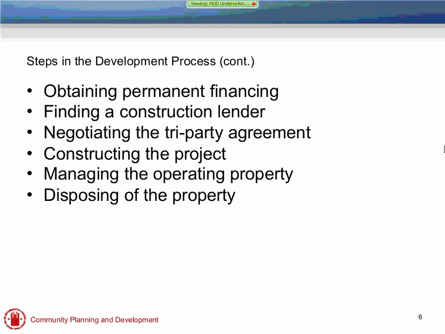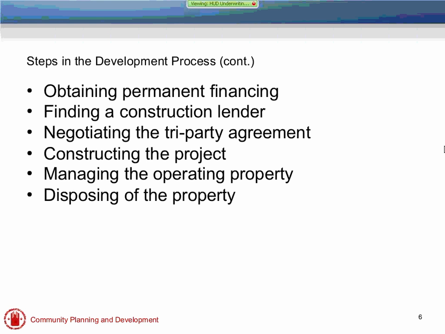The construction lender is going to get their loan paid off by the permanent lender. So they want to know who that permanent lender is. They want to know what requirements that permanent lender is going to have to be able to pay off their mortgage. They also may be getting paid off from some pieces of equity. So really they want to know what kind of risks are involved if the project doesn't finish. They want to make sure they're not going to have all their money in first.